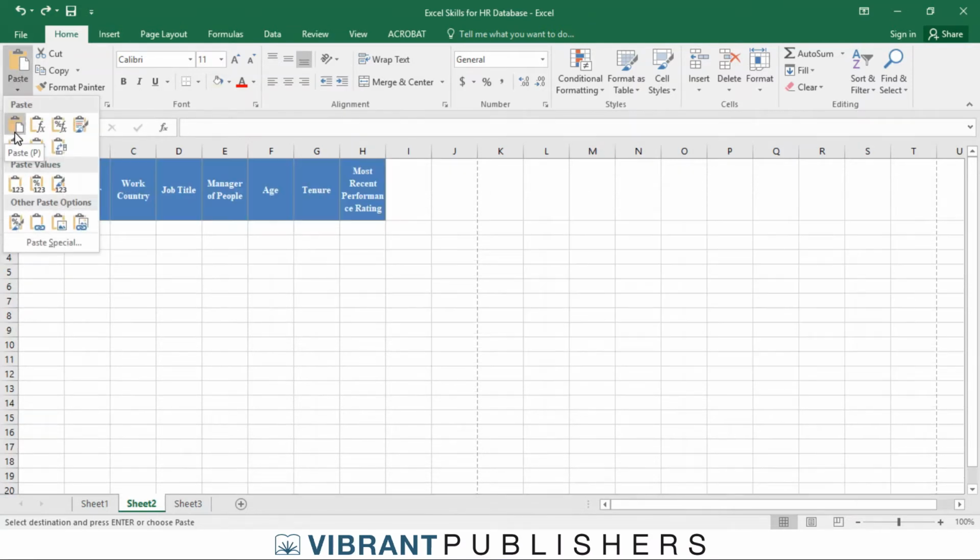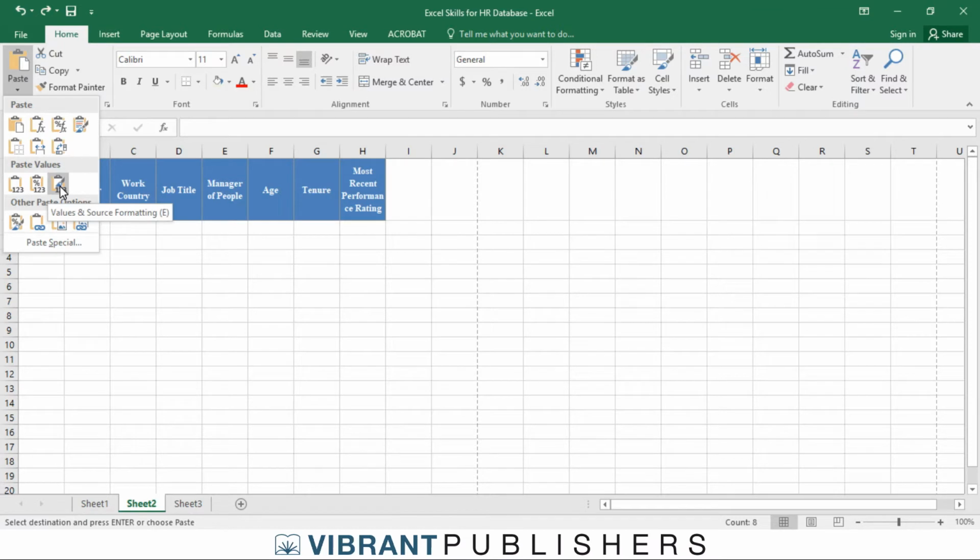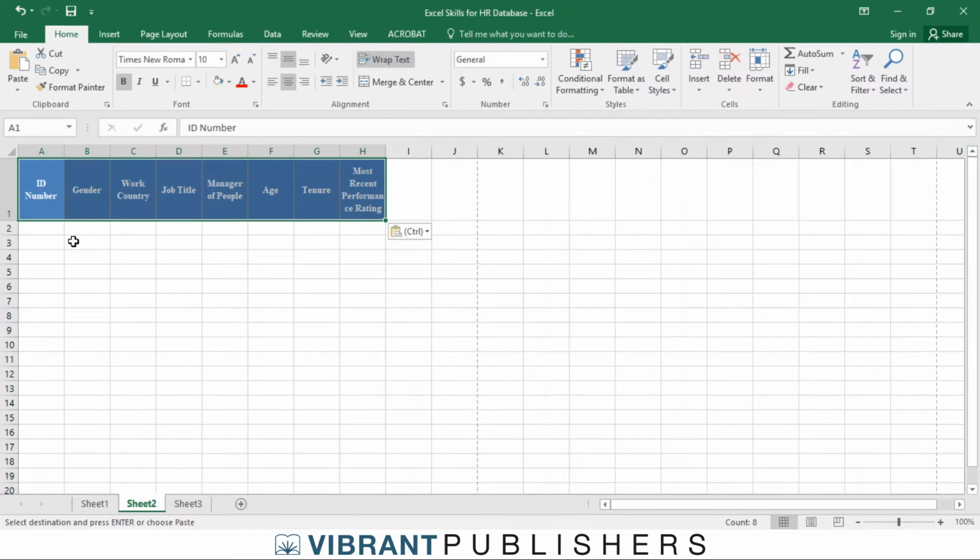What we can do is paste it just as is. We can paste the formulas, which there are no formulas in these particular cells, so that doesn't really apply. We can paste the values, which simply pastes the values without formatting. Paste the values and number formatting. In this case, we don't have any numbers, so that doesn't apply. Or we can do the values and source formatting. So typically that's something that you want to do if you want to keep things consistent across. So what I'm going to do is paste values here with source formatting,